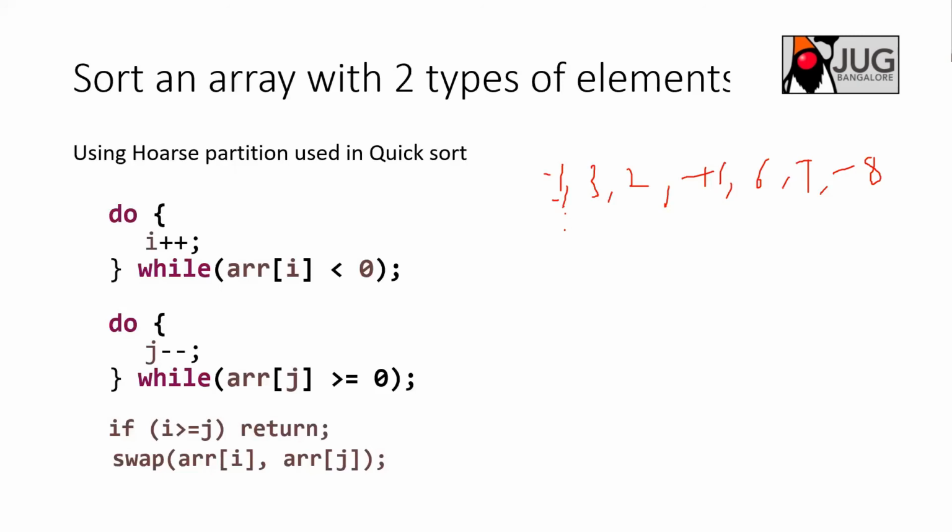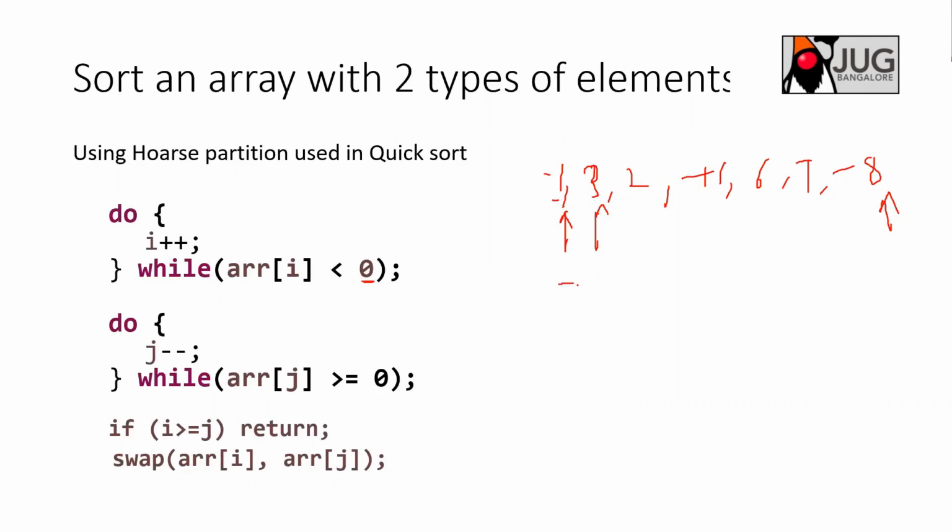Now you start from here and here, right? Once you realize it is at the right place, you compare 3 with -8, and then you realize that 3 is greater. So what you do is you just swap 3 and -8, right? So that is how you do it. Basically, you stop here because it hits this condition. It is not greater than 0, right? I am taking 0 because you are sorting positive and negative numbers, right? That is the reason. So you stop here, and then you exchange 3 with -8.